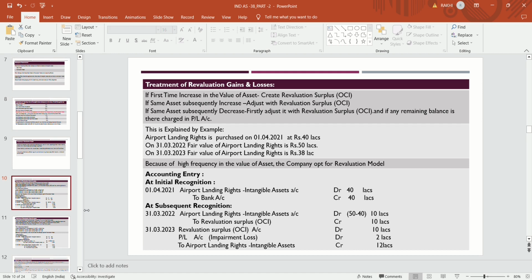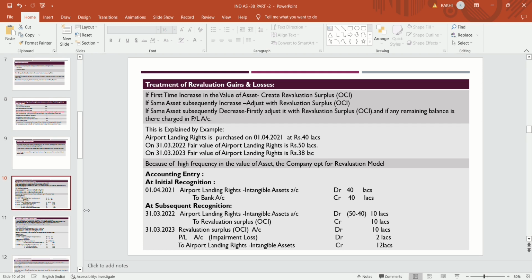That means it is decreased from 50 to 38 lakhs, a decrease of 12 lakhs. So firstly, we will adjust that 12 lakhs with the revaluation surplus which we had created earlier. That is, revaluation surplus account debit 10 lakhs, because we had created 10 lakhs up to that extent. We will adjust that decrease in the value of the asset, and the remaining 2 lakhs is to be charged to P&L as an